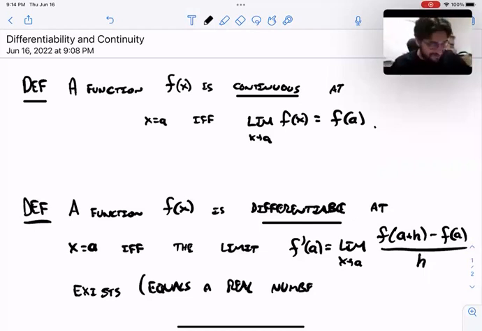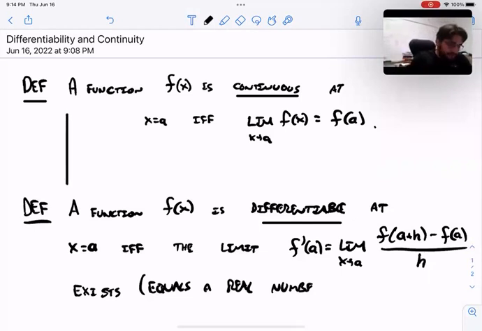Today, I want to talk about differentiability and continuity, two of our most important properties in calculus, and how they relate to each other. So, continuity. What's the deal with continuity? Continuity